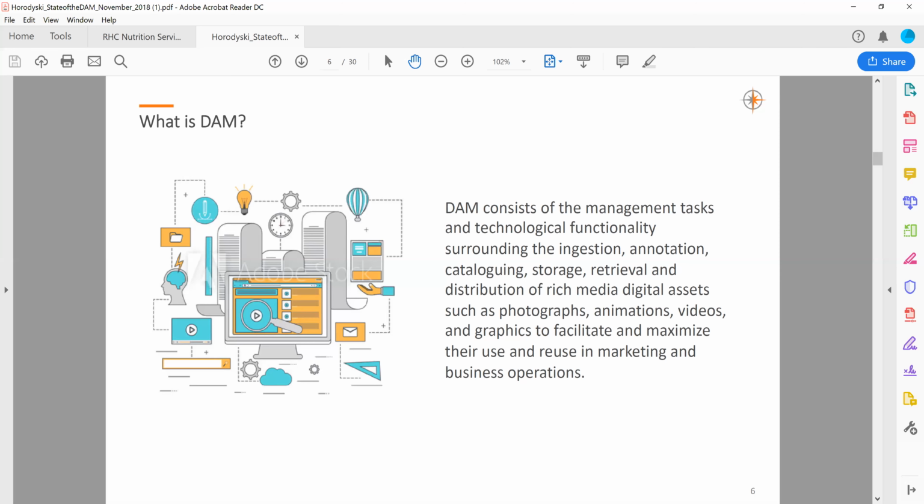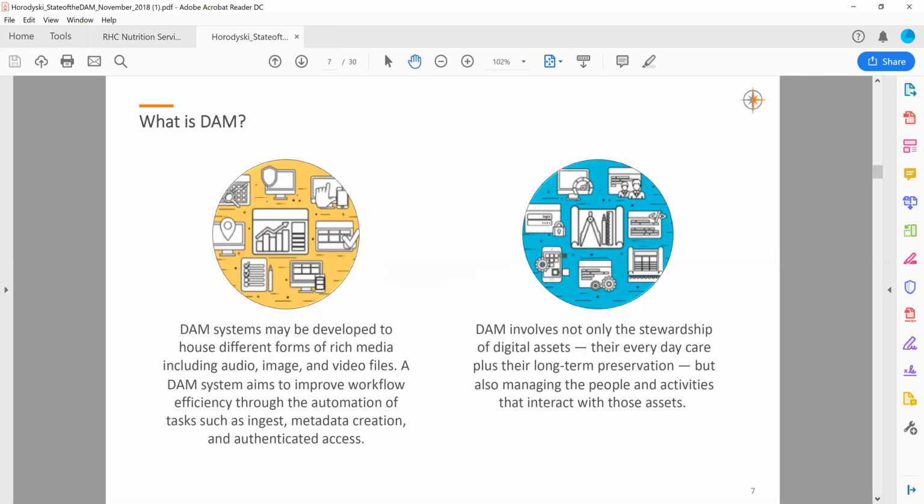And that's a little bit of the history of DAM. And I'll move on, again a little bit further into the detail of what is DAM. A wise friend and educator who taught me in library school once said that there is a place for everything and everything is in its place.